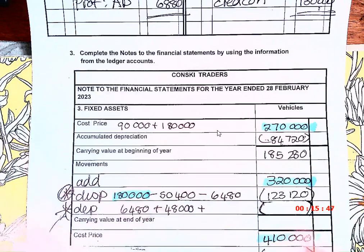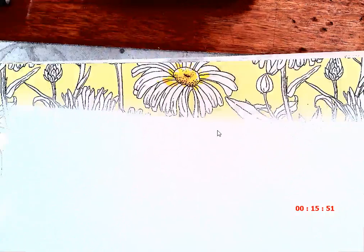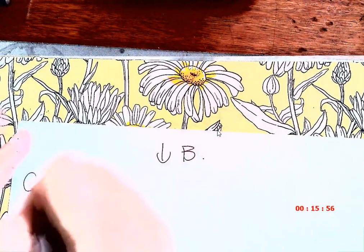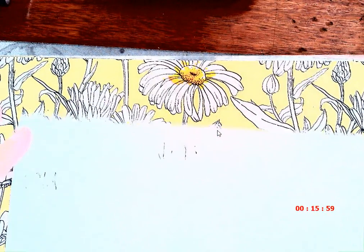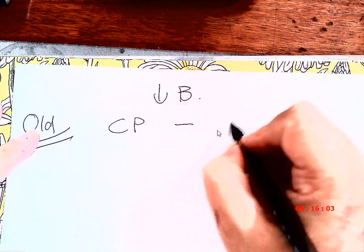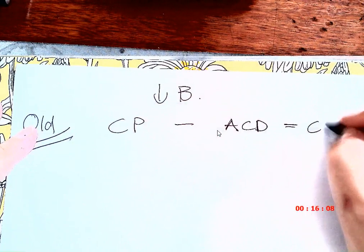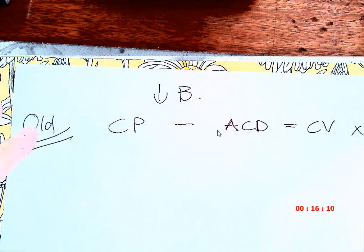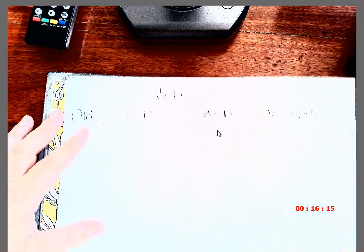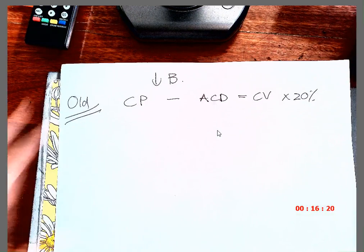I see eyes going wide. So when I work it out on the diminishing balance method and I do the old one, it will always be like this. Remember, I want the cost price less the accumulated, to give me the carry value, times 20. Okay, that's what I want to do. So how am I going to do it? So the cost price of the old one, I will literally take,